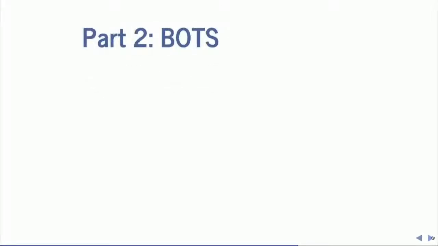OK, so in the 15 minutes we have left, I want to talk about a really exciting new field of research, which is using bots for social science research. Right? If we're reading media accounts lately, we've seen numerous examples of how bots have done terrible things in the world, right? Spreading misinformation, distributed attacks on websites, right?